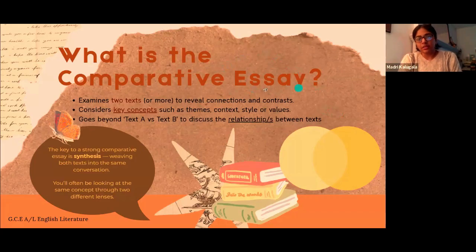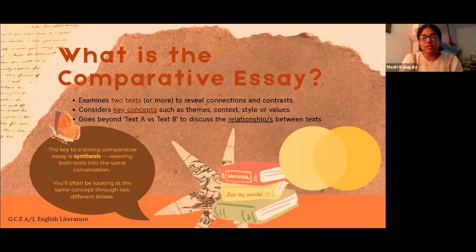So comparative essay type questions are ones where you examine multiple texts to reveal the connections and contrasts. They usually consider key concepts such as different themes, context, literary era, style, values, all sorts of these different aspects of a literary text. So the use of the comparative essay, and why they include this so much in your past papers or your exam papers,